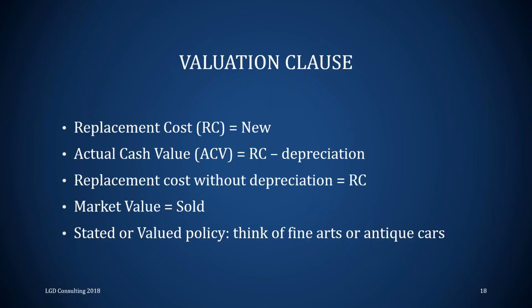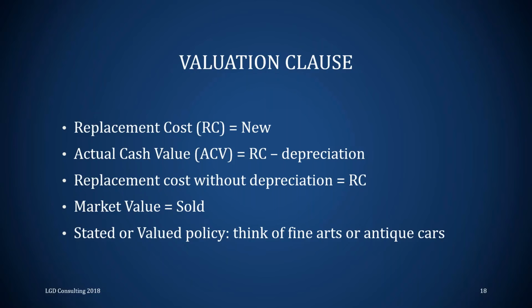Okay. Now, the tricky part is a lot of people get used to word association, and whenever they see depreciation, they pick actual cash value. But if you notice this third bullet, if I take replacement costs without the deduction for depreciation, well, then that would still be replacement costs. All right, so if you see depreciation, don't just pick actual cash value. I mean, read the questions carefully. Your test does little things like that, throws people off, especially those people that try to memorize keywords. It doesn't work sometimes.